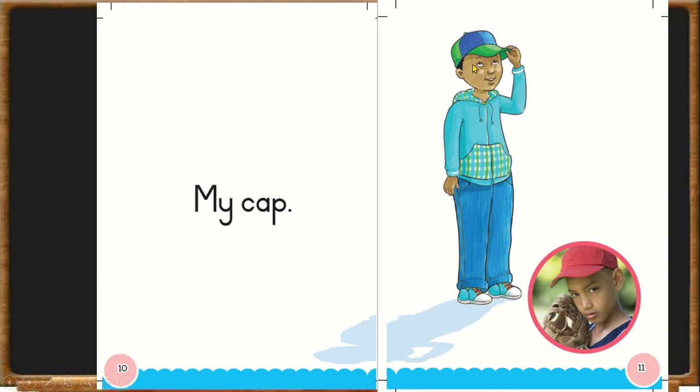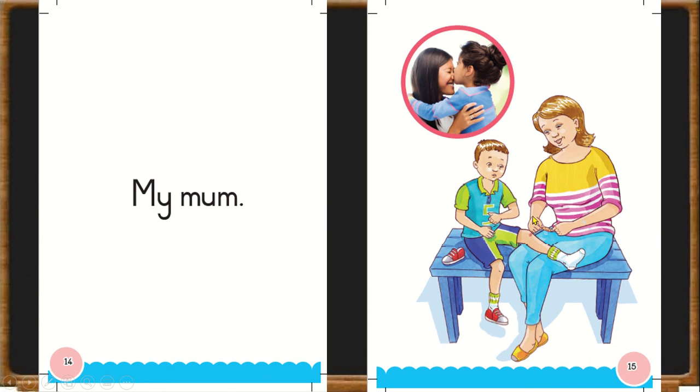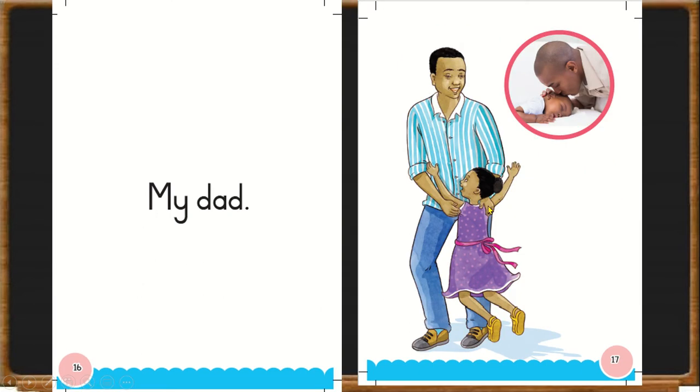We see a boy wearing a cap, and another boy wearing a cap with what looks like a baseball mitt. Then we see a cat, a little ginger cat over there, and then a brown, black, and white cat on the top, and a little mouse toy at the bottom. Here we see a boy that is hurt, and his mom is putting on a plaster. And here we see a little girl kissing her mom on the nose. Here we see a girl running into her dad's arms